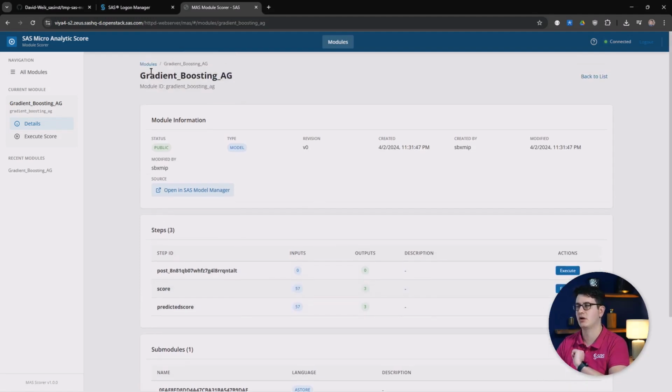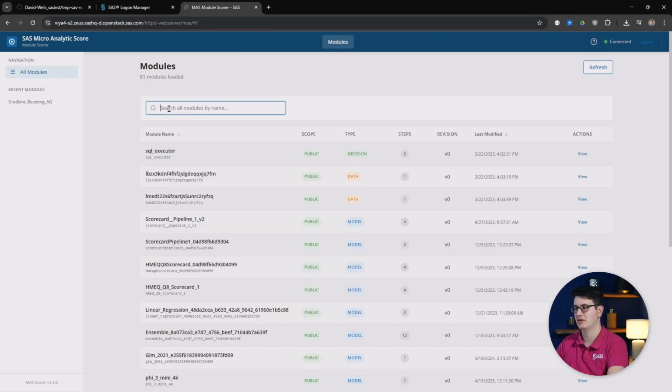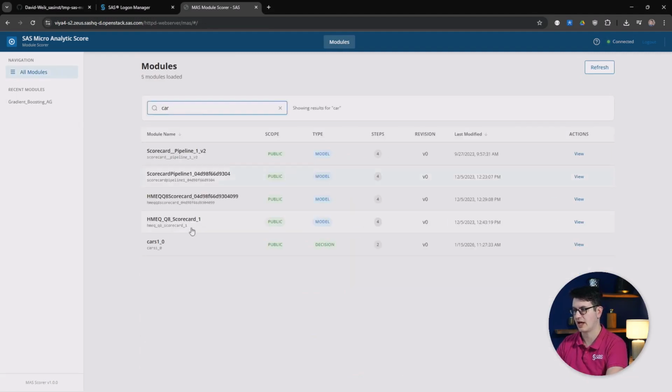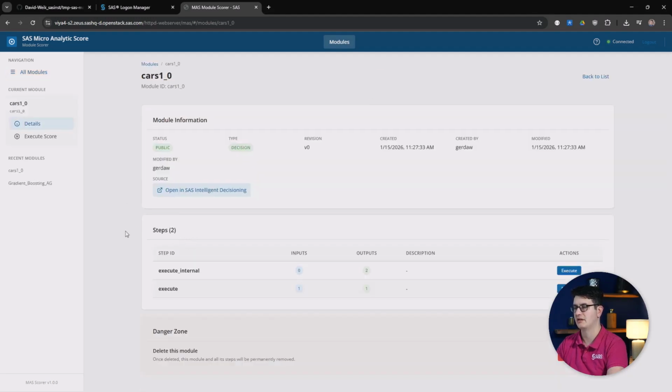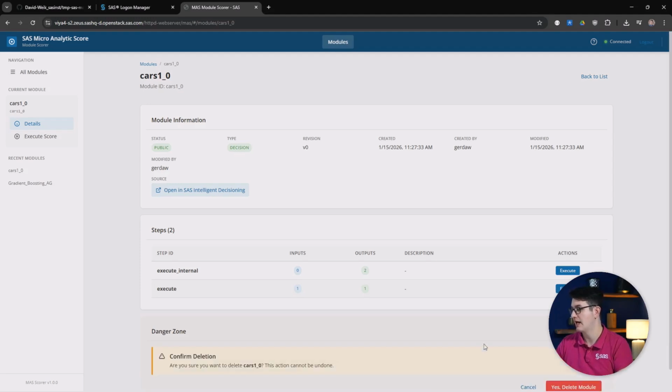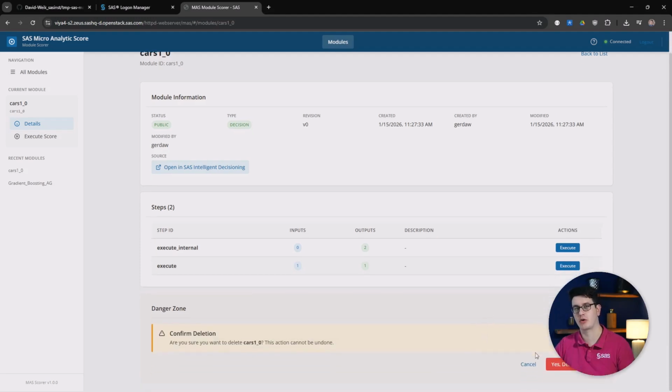But I first want to look at a decision. And for that, I have prepared a very simple decision called cars. And this one, we are going to use the execute step. Now note underneath it, there is also a so-called danger zone where you can delete a module from MAS and it will be removed forever. That means if you delete the module and then confirm that you are certain, and of course you have the right to, then the